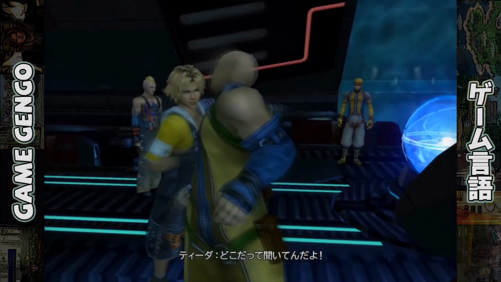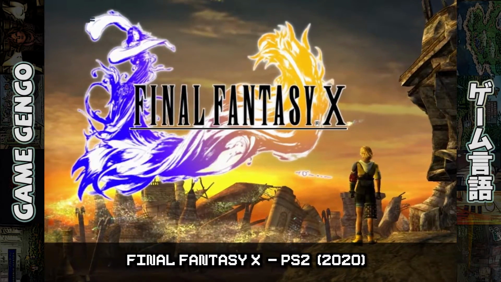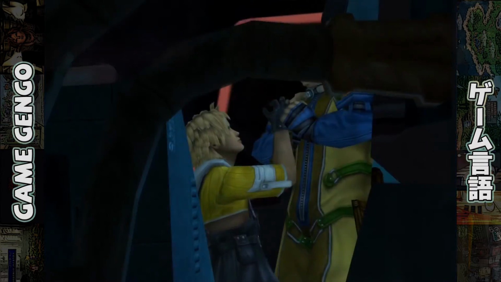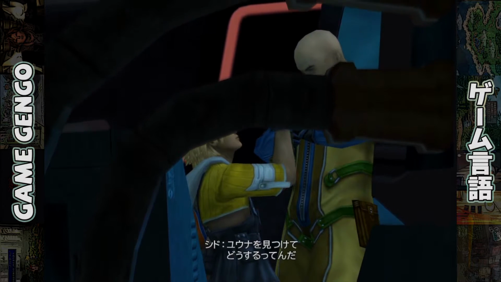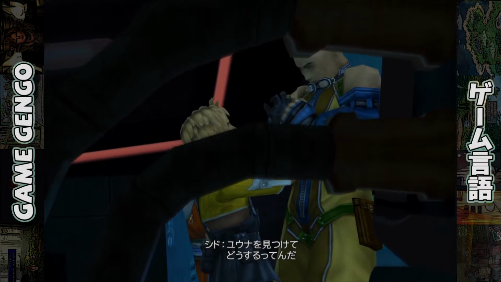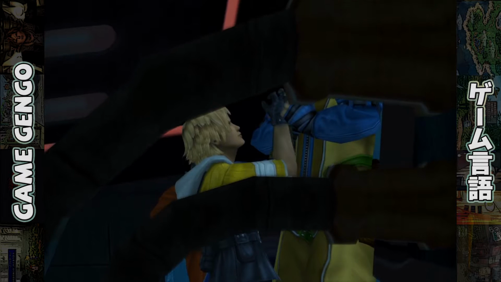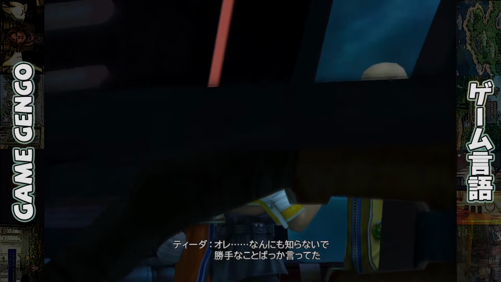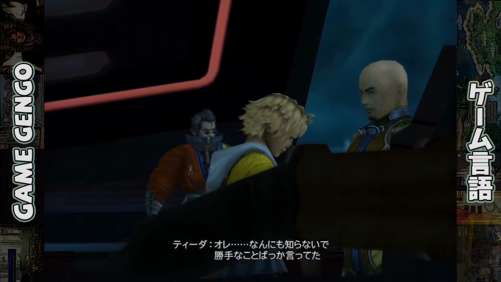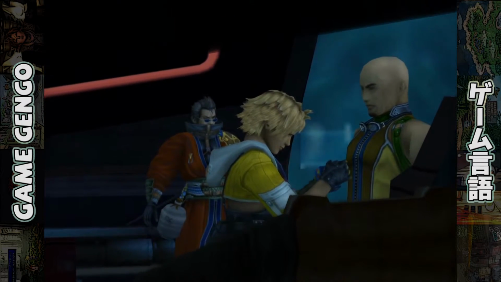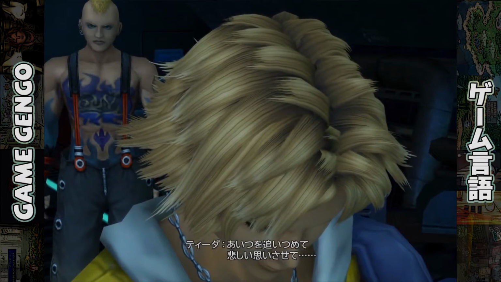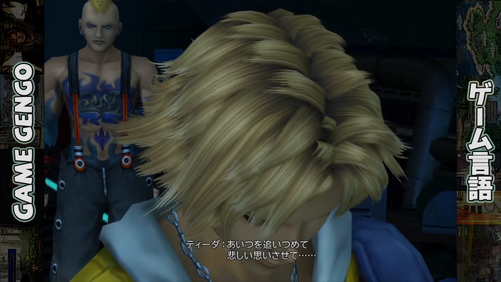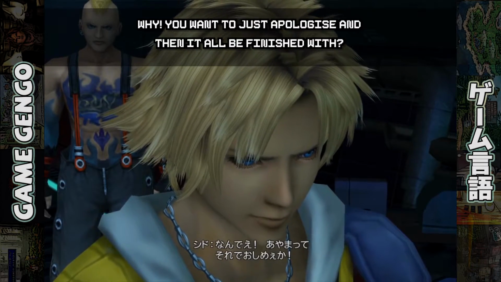Finally, we have an example from Final Fantasy X, where both uses of make and let could be used in one piece of dialogue. Here in this scene, Titus, the main character, has just realized some truths about Yuna the summoner, and he wants to find her and apologize. However, the captain of the ship is worried about Yuna's well-being, and so he responds with,